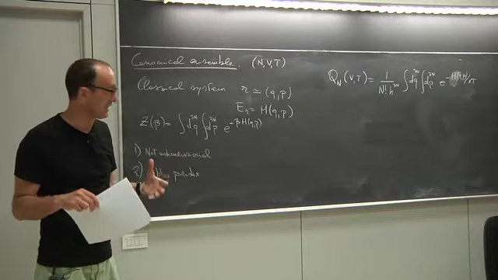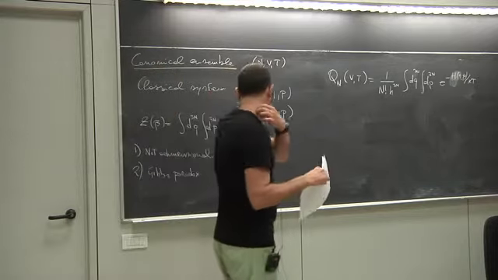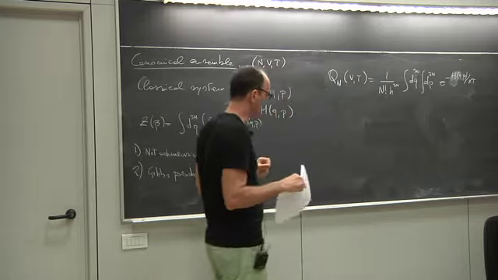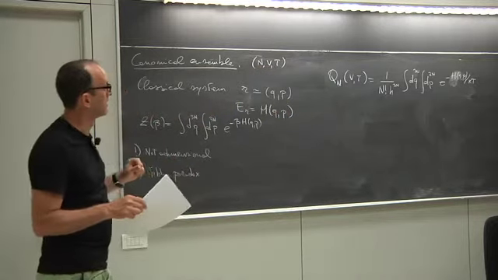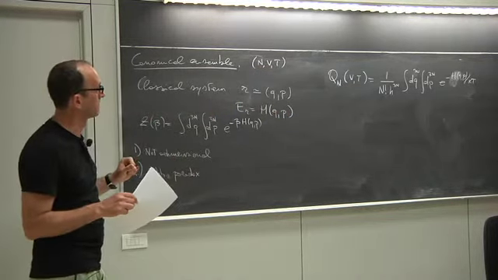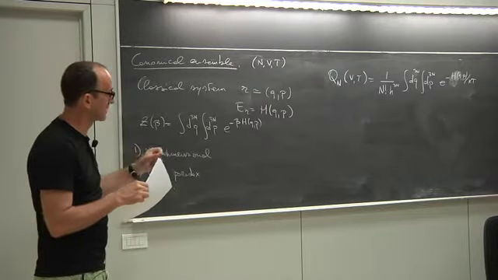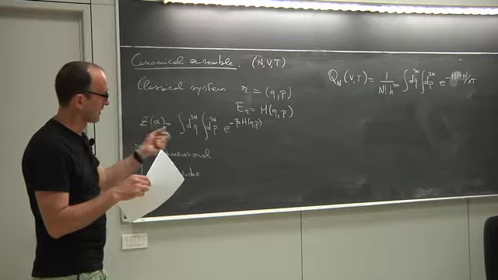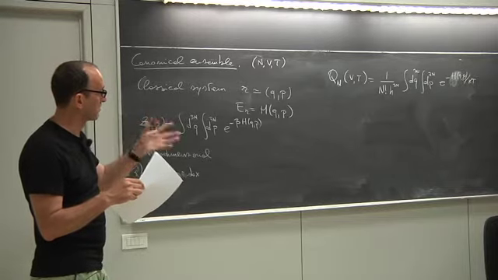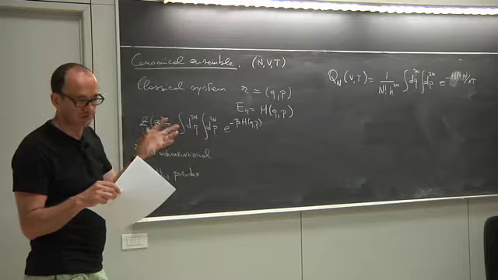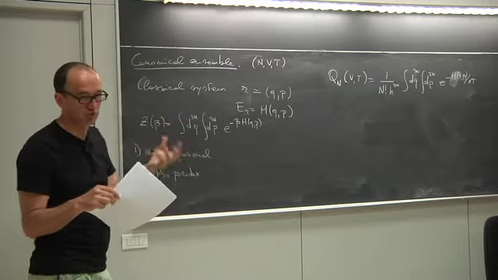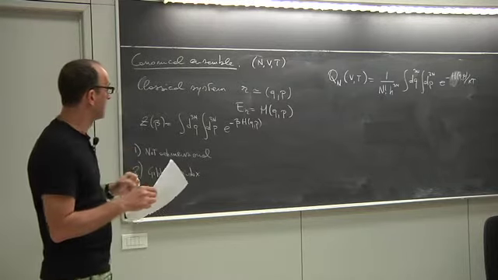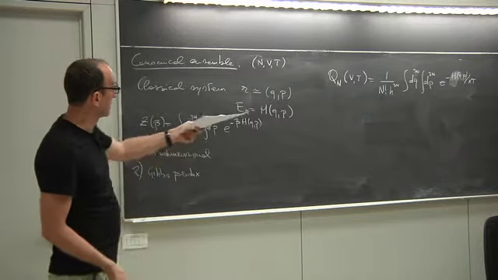Okay, the N factorial corrects for the fact that states which correspond to a permutation between the labels of the particles do correspond to the same physical microstate. Okay. Okay, so the recipe for